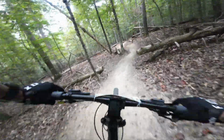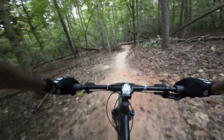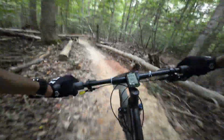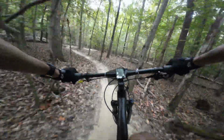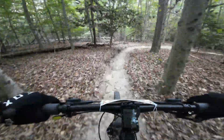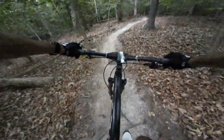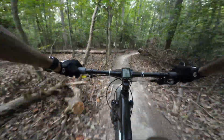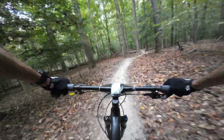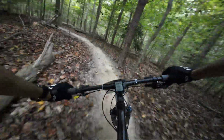One of the things that people quickly notice about Fountainhead is that it's a very punchy sort of course. So even though they have a trail that's marked as green, if you're very, very new to mountain biking, I might recommend starting at a different trail, just because Fountainhead is actually pretty challenging. There's lots of roots, there's a few drops here and there,